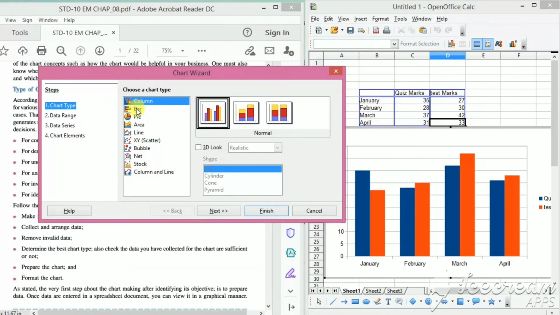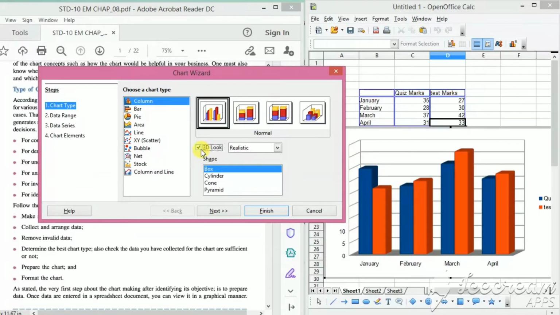You can also choose the bar chart, but in this case, first of all select the first chart, that is the column chart. Here there are three subtypes. If you want to see this chart in a 3D look, select the 3D look. Then there are two options, simple and realistic. We have to select realistic.